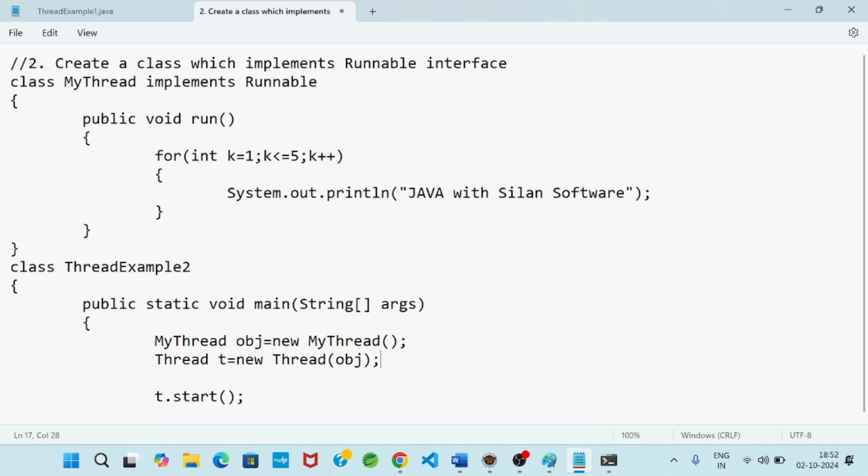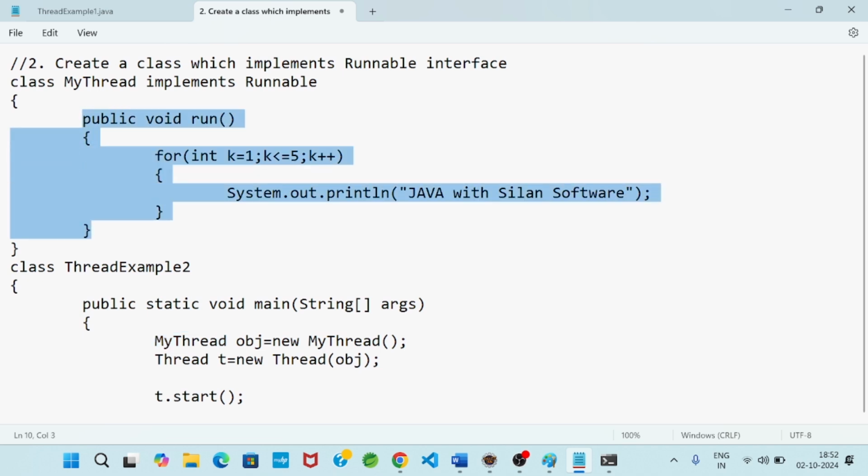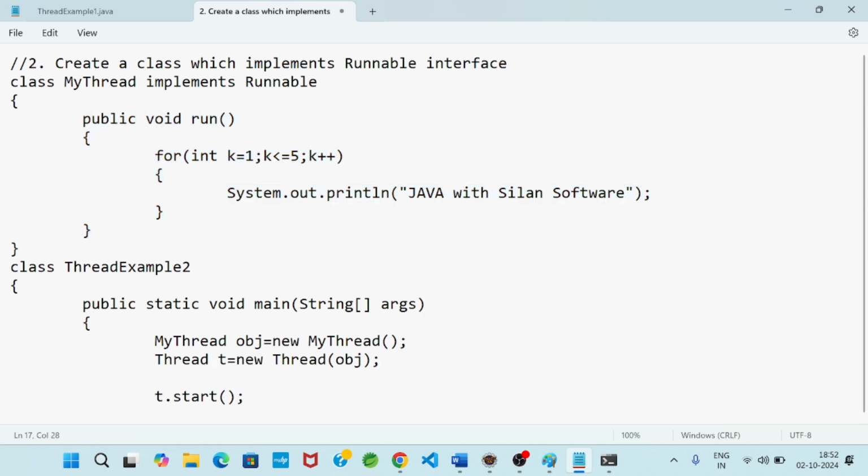Now obj is the object of my class, an object containing the class property. Class property means whatever is present within the curly brackets, begin and end, that is the class property. So when I take the thread class object, only one extra line we are writing, where we create the thread class object.